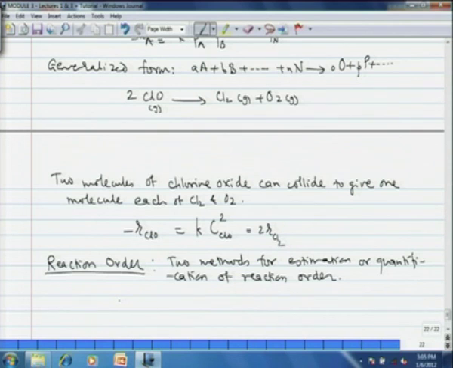First is the overall order of reaction by summing up the order with respect to all reactants that are involved in the production of a particular product. Okay. Overall order of reaction